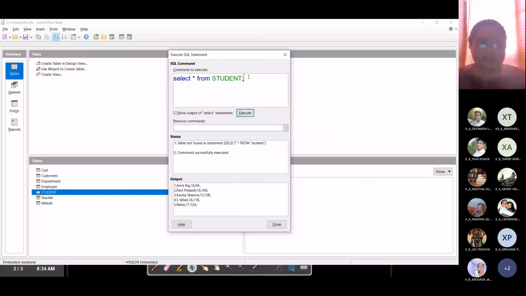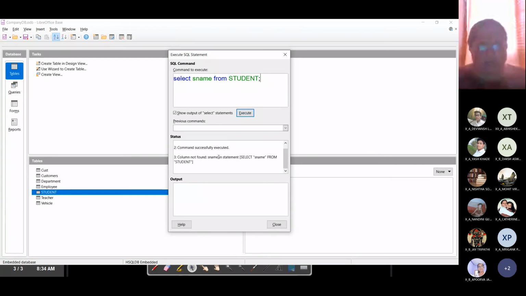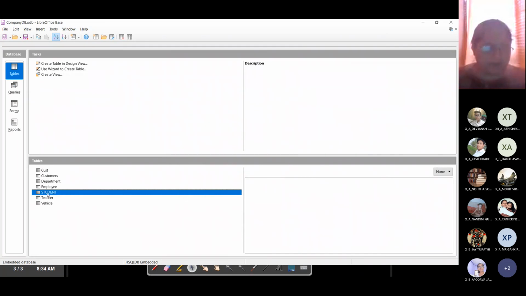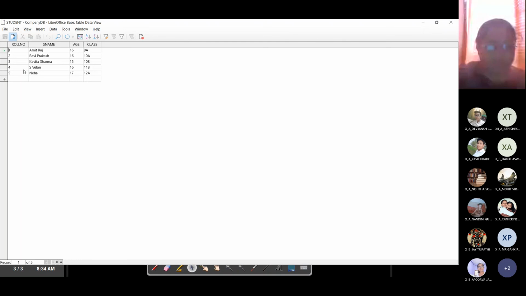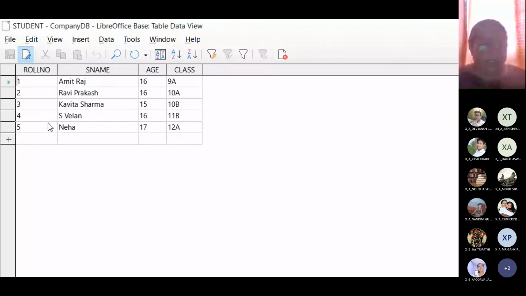Now my next question is: display only student name from the table student. So what SQL will I write for that? Select, now the name of the field which the student table contains is SNAME, from student. Okay, column not found, because when I double click on student, you will find that all the columns are in capital letters.